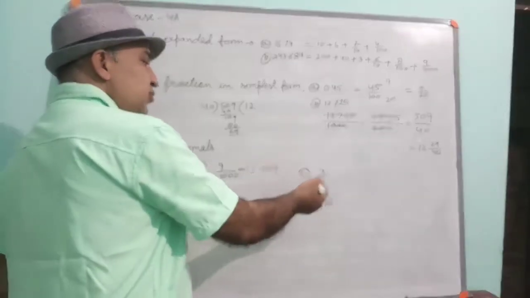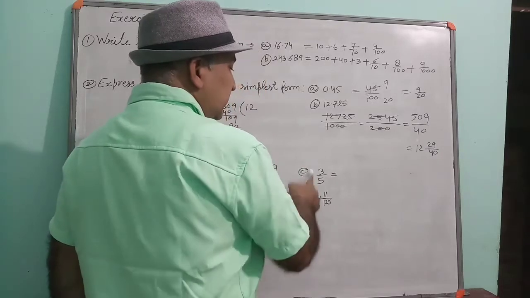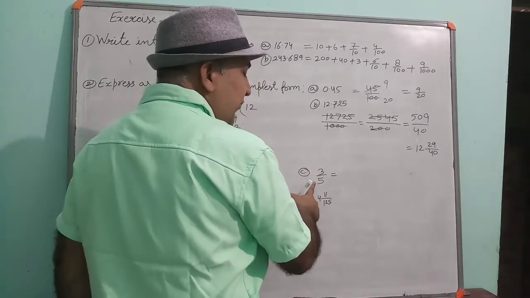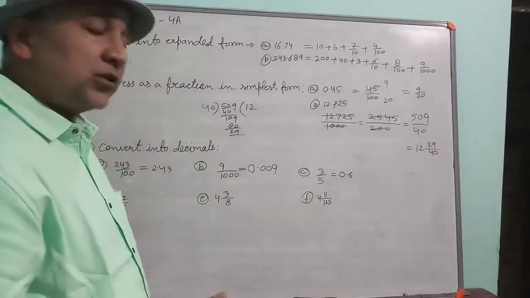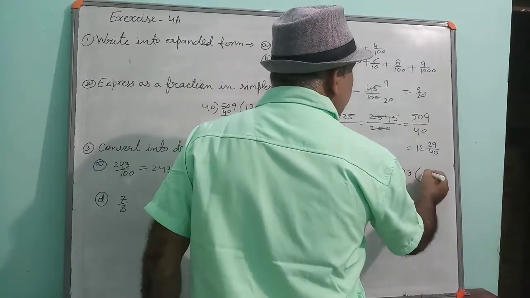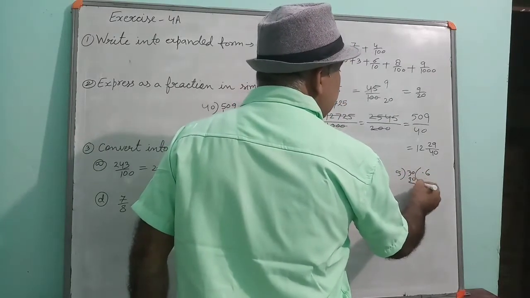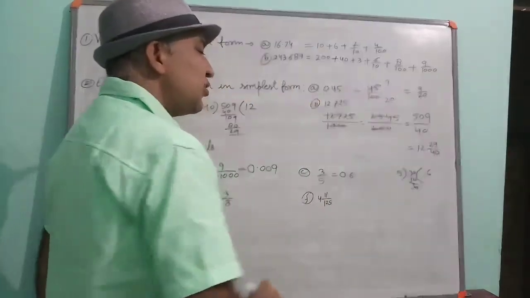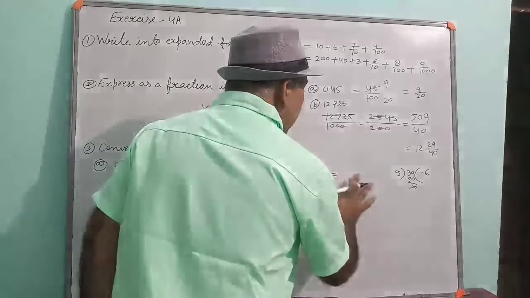Okay? Now see this question. 3 by 5. 3 can be divided by 5, and you can write directly 0.6 if you know the process. 5 divides 3. By putting the decimal, a 0 is added. 5 into 6 is 30. So directly you can write 0.6. One more method is there. See how.